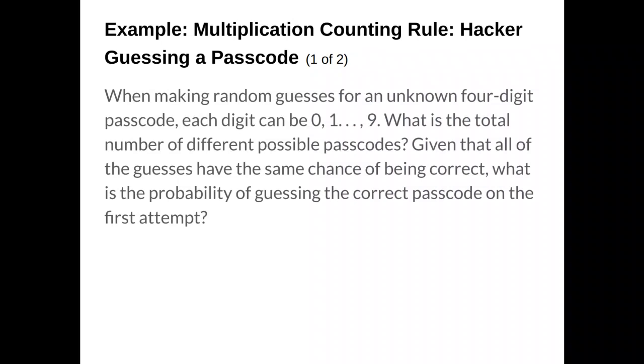So that means for the first number, if there's no other restrictions, you could have the password of 0000 or something like 1234, then our first digit has 10 possible ways it can be chosen. Our second digit has 10 more possible ways. Our third has 10 more possible ways, and our fourth has 10 more. And so,